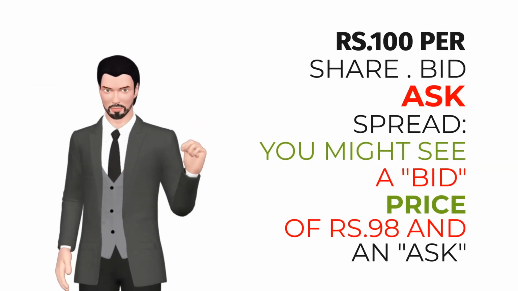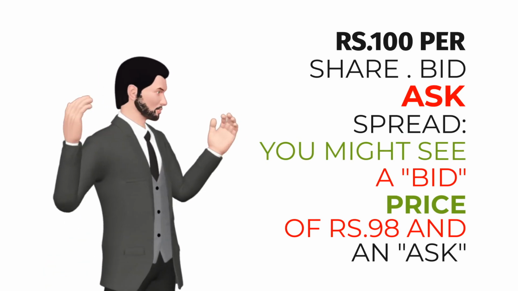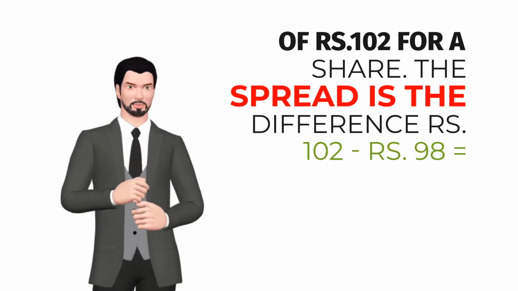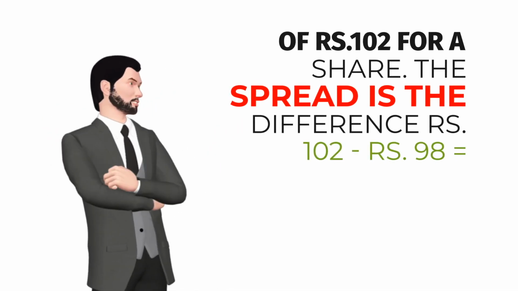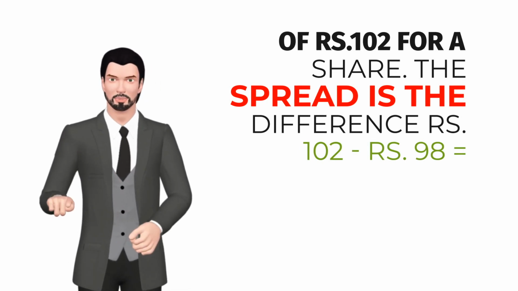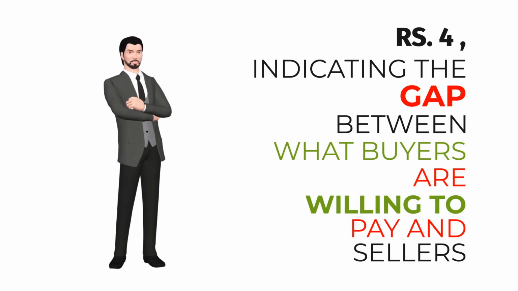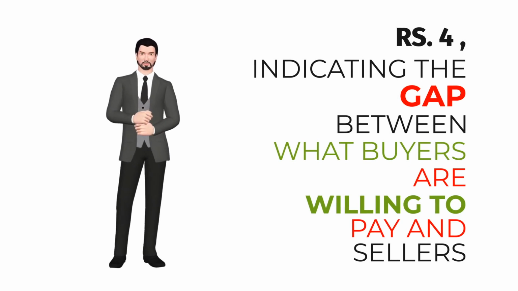Bid-ask spread. You might see a bid price of 98 rupees and an ask price of 102 rupees for a share. The spread is the difference: 102 rupees minus 98 rupees equals 4 rupees, indicating the gap between what buyers are willing to pay and sellers are